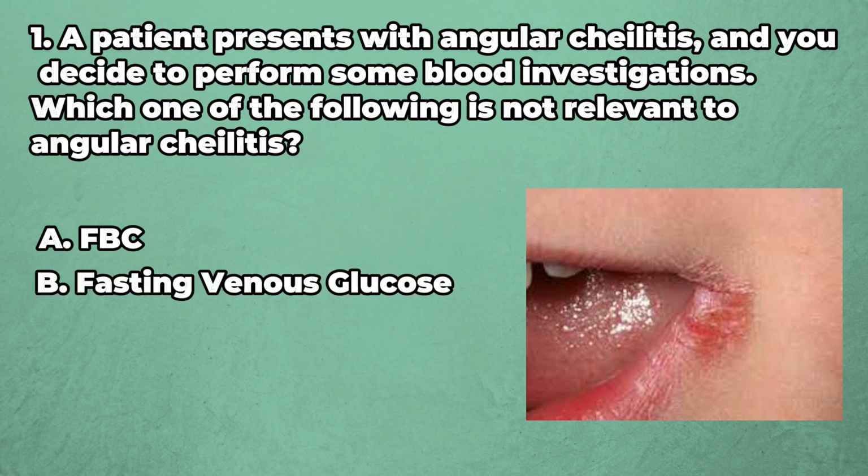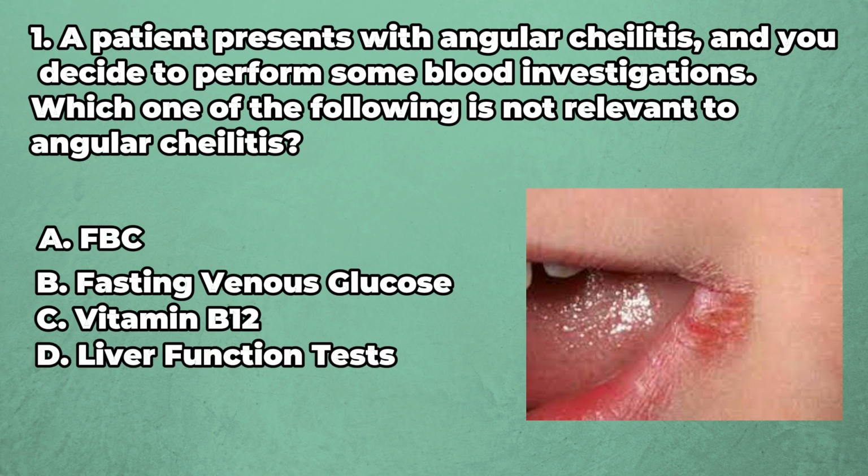Fasting venous glucose, again, that ties back in with our diabetes that we were just talking about. Vitamin B12 is a big one. We want to be testing for that. Liver function tests, ferritin, definitely we want to be looking at that as well. I would say which one of the following that is not relevant to angular cheilitis is going to be D,